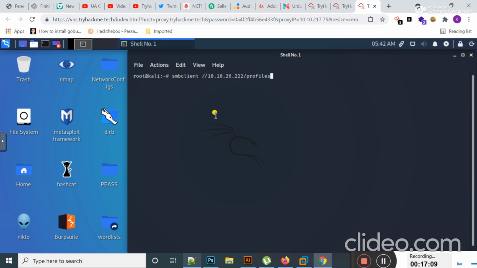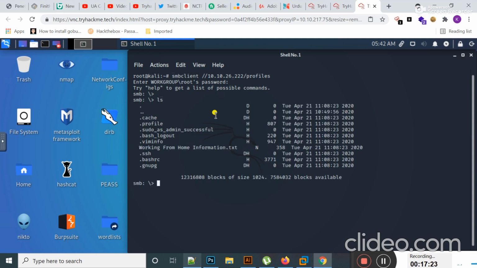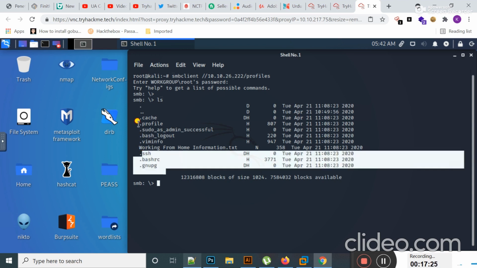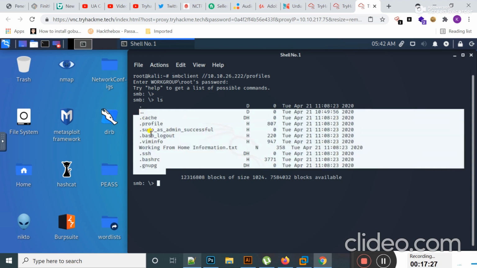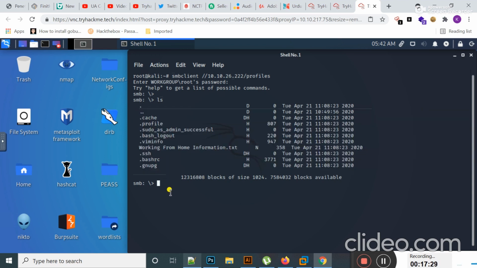After typing this, I hit enter, and for the password, as it allows anonymous login, I just hit enter. Now you can see that I am in SMB. If I type ls and hit enter, you can see all the contents of the SMB share. Here you can see a file present, called working from home.txt.